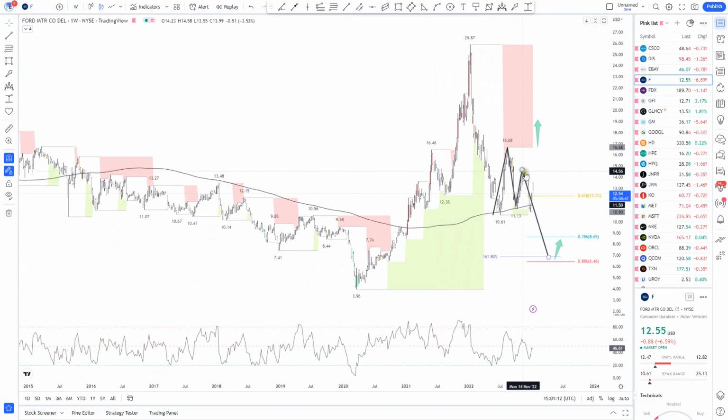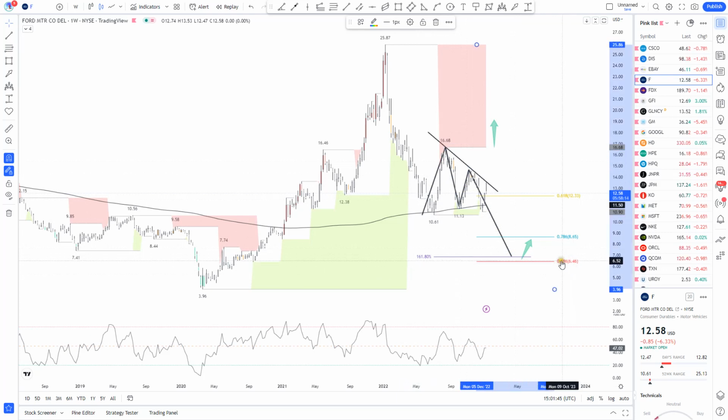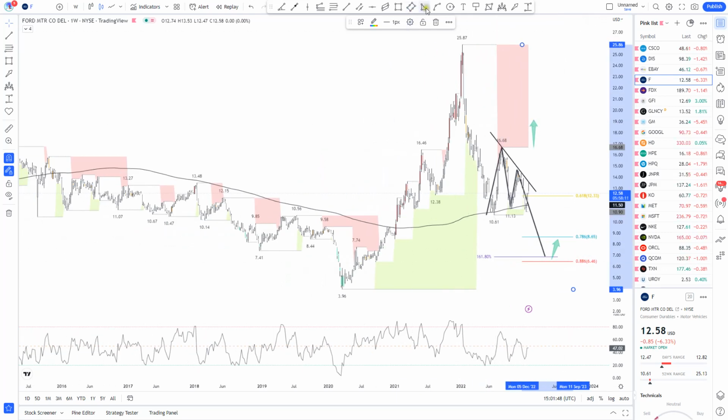Also rejecting a trend line resistance. As we can see, in this session today, we are rejecting kind of a trend line resistance covering the previous highs. I will not be surprised to see a breakout below the previous structure support, and based on the Fibonacci ratios that we have, I will point to the golden Fibonacci extension, the completion point of the bullish crab pattern, in convergence with the 88.6% Fibonacci retracement level.